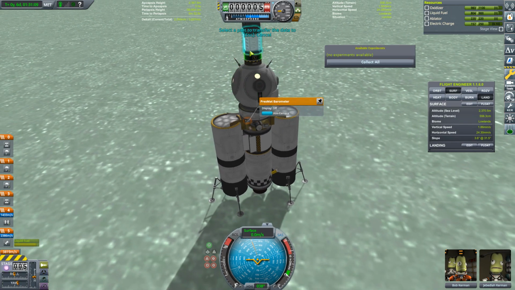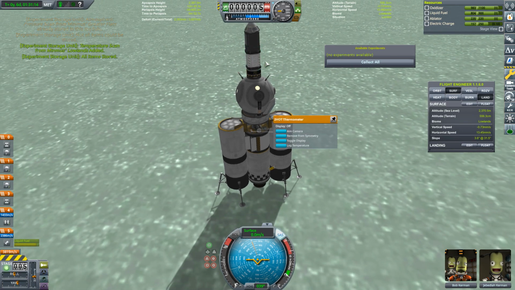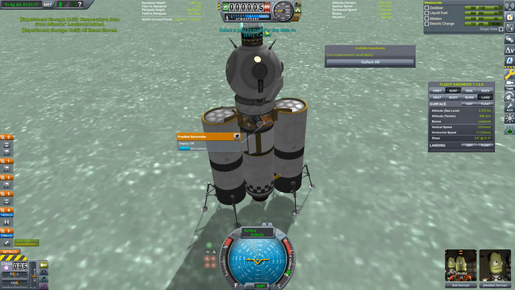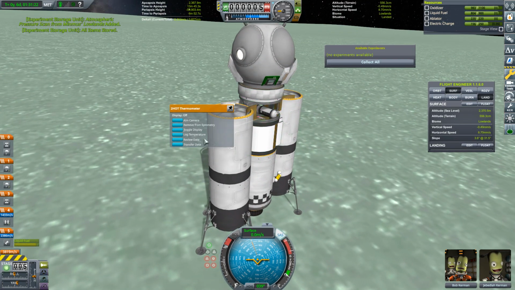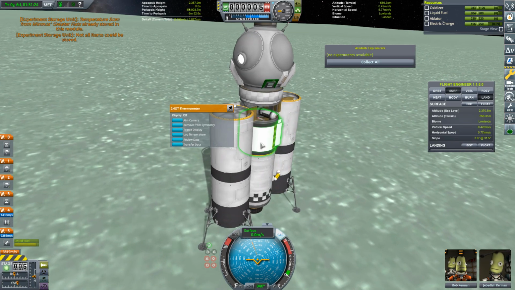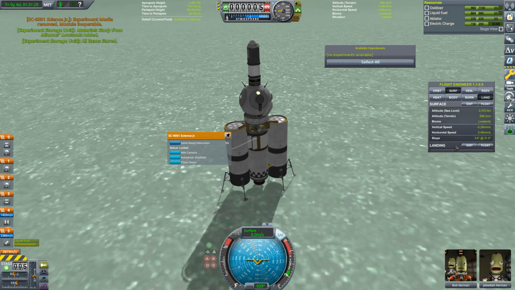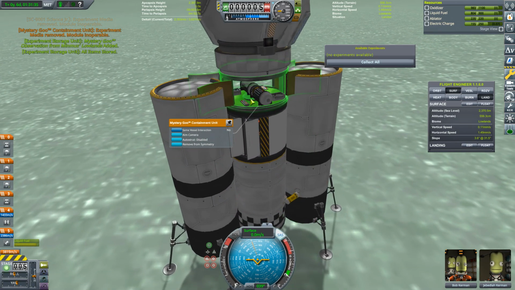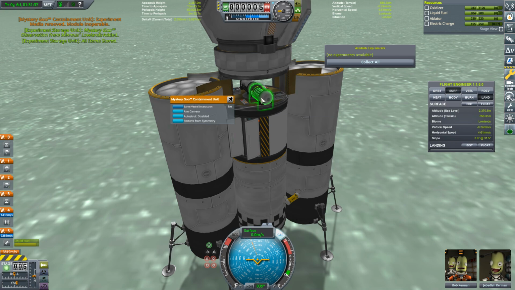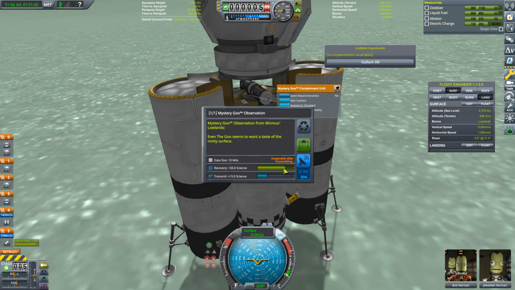And... well, that's right. I can just transfer data now. I forgot about that. Transfer data. Transfer data. Transfer data. Now I need another button. I can just mass transfer data. Yeah, remove the data. That's fine. Transfer data into there. Now, if I observe the mystery goo, so I get this much for my first completion, and then I get some of this dark green part for my